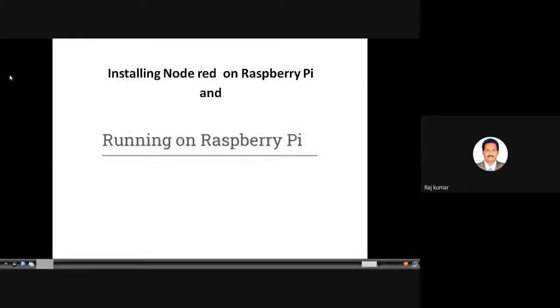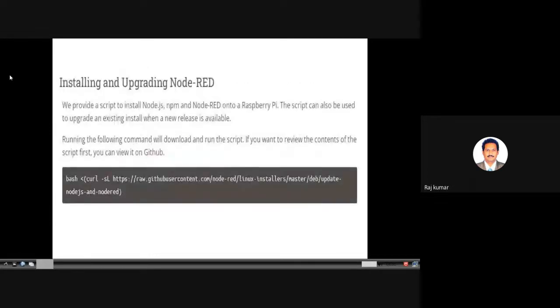Here the installation of Node-RED has 3 important components. They are Node.js, NPM, which stands for Node Package Manager and is a very crucial component for the entire Node-RED. In the future, once you have installed Node-RED, if you want to update or upgrade to a new version, you are required to use this npm command only.